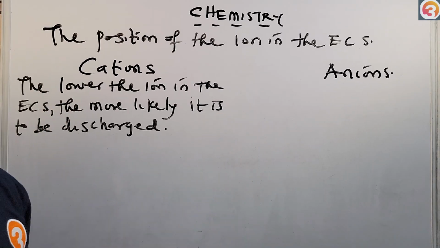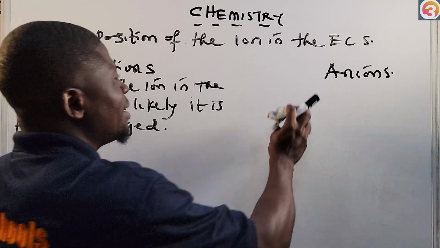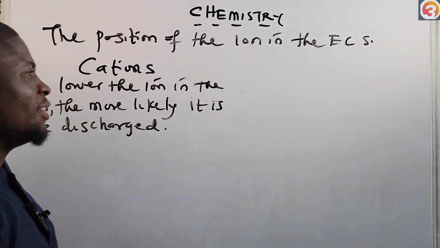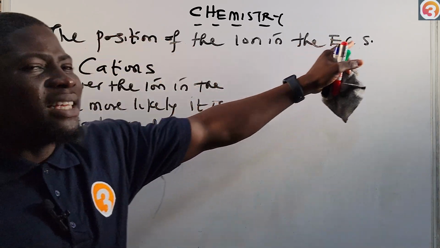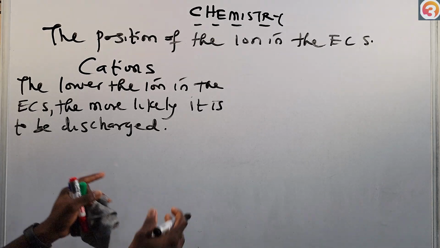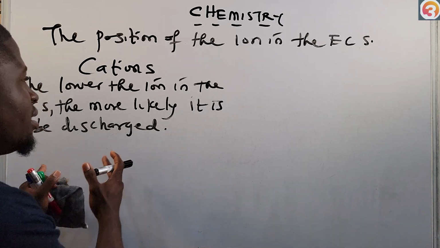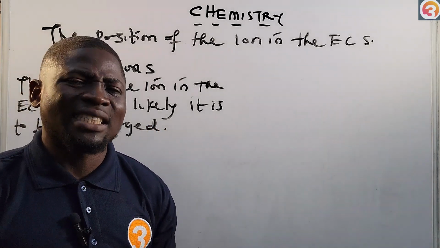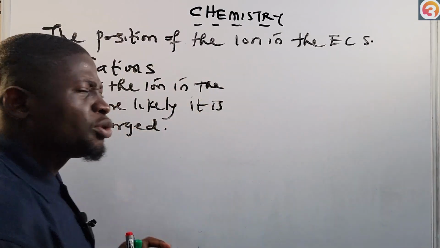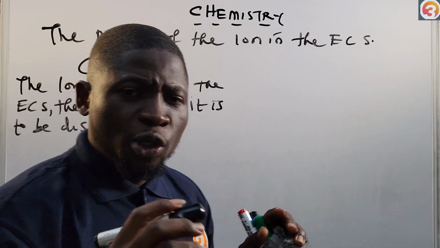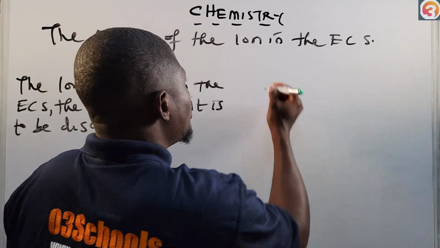Okay? Let us look at the cations first of all. Before we talk about the anions, let's see the electropositivity series, that is the electrochemical series for the cations, so that you fully understand what you are doing. To easily remember the electrochemical series for the cations, we use this mnemonic. So I'm going to have King